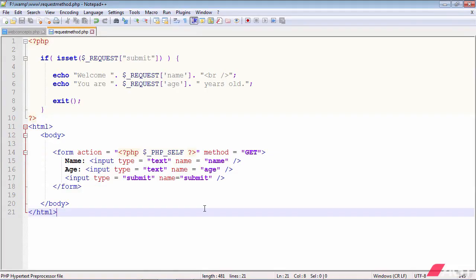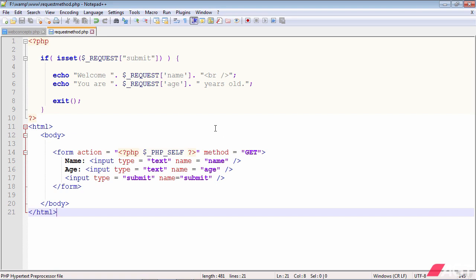Another way of processing the form data on the server side script is using the request associative array. As you know, the request server variable, or request associative array, can be used to obtain the form data that is sent by the get method as well as the post method. So it really doesn't matter whether method is equal to get or method is equal to post is used. Of course, it will have an effect on the query string that will be generated. But then,